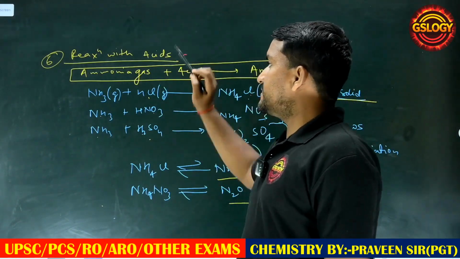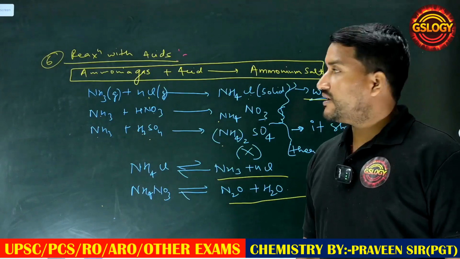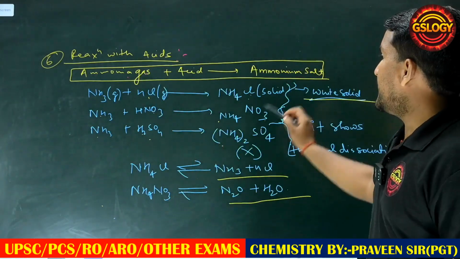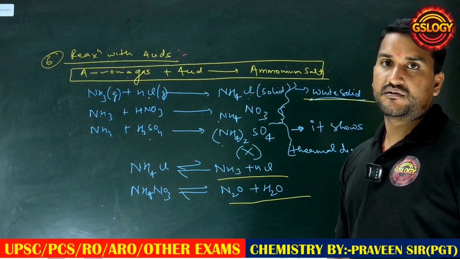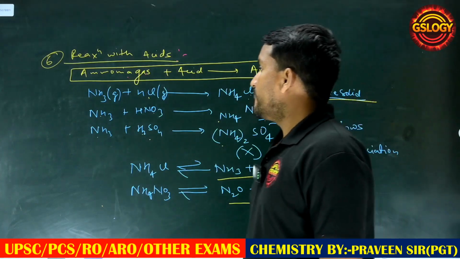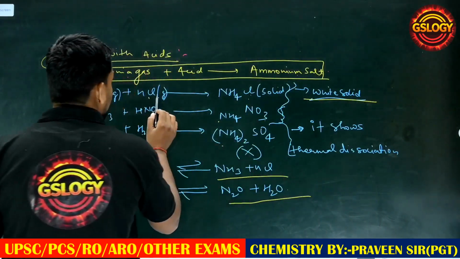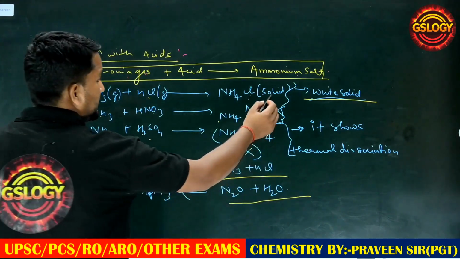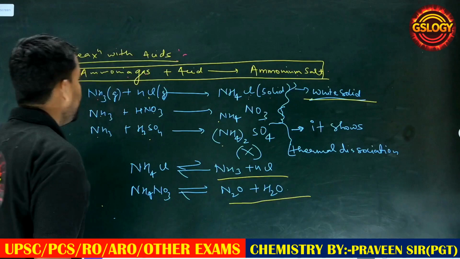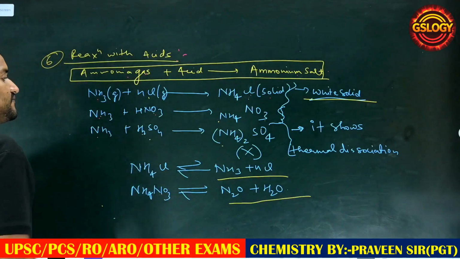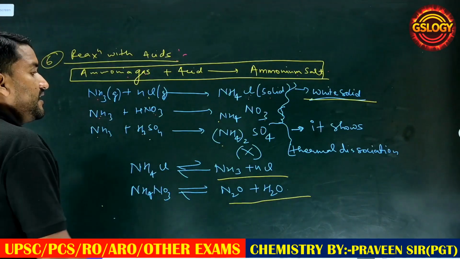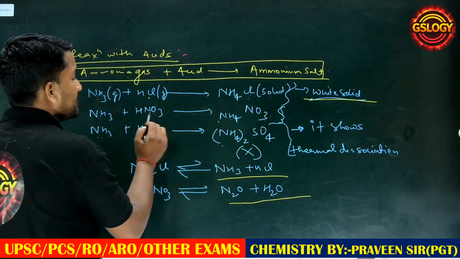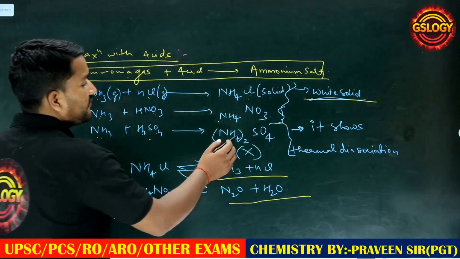Reaction with the acid. When ammonia gas reacts with an acid, it forms an ammonium salt. For example, ammonia reacts with hydrogen chloride to form ammonium chloride, which is a white solid. When ammonia reacts with nitric acid, it forms ammonium nitrate. When ammonia reacts with sulfuric acid, it forms